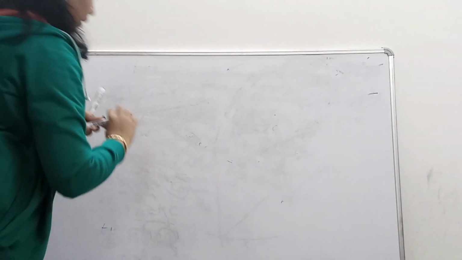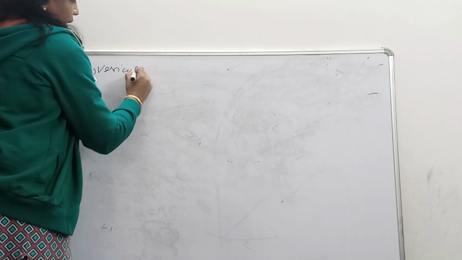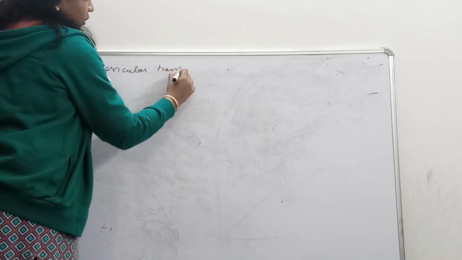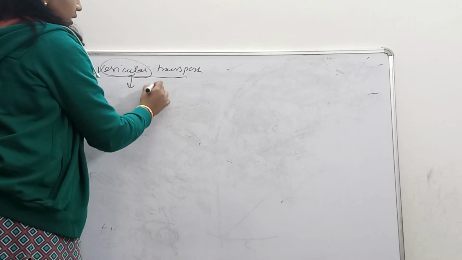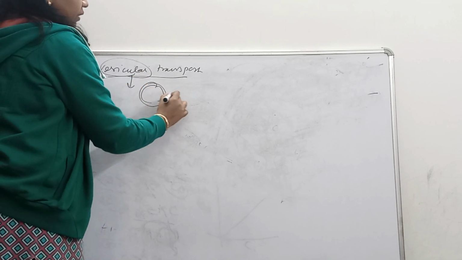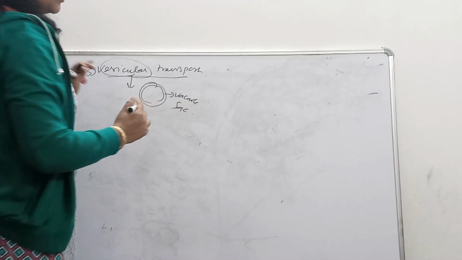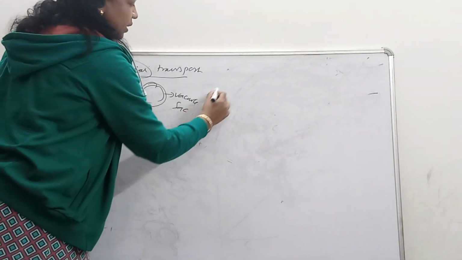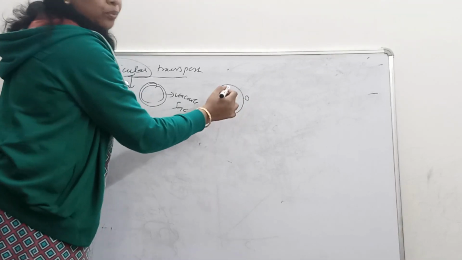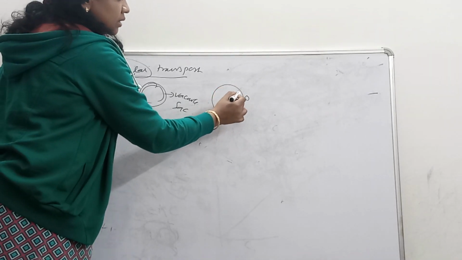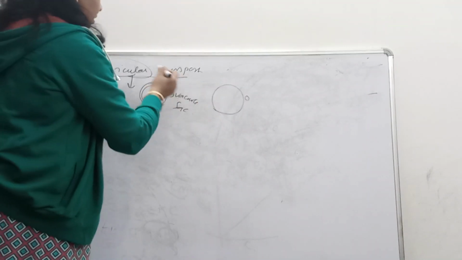So we have the third mechanism, which is vesicular transport. So what does it mean? Vesicular transport means the formation of vesicles. Now what are vesicles? A bag like structure, a vacuole like structure, or a sac like structure. So generally vesicles will be formed from the cell membrane. So once any drug or any foreign bodies come near the cell, they have a defense mechanism, which is also known